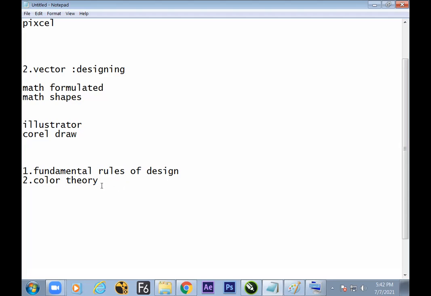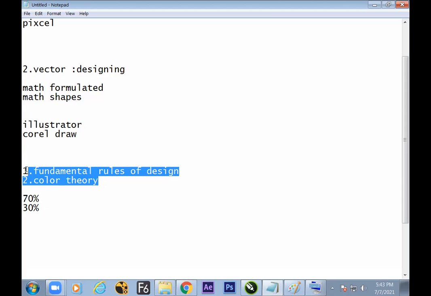70% is this, 30% is the software. Sometimes the calculation looks different, but the 70% is in your brain, which will be processing. And 30% is the software. After learning 100% of the software, we will get a job. Getting a job is not a big issue, but we can only fulfill it to that extent, and the rest is in your brain. So hope we understand which comes first: the rules or the tools of the software. The software covers only the tools, and the rest of the design is the rules of design.